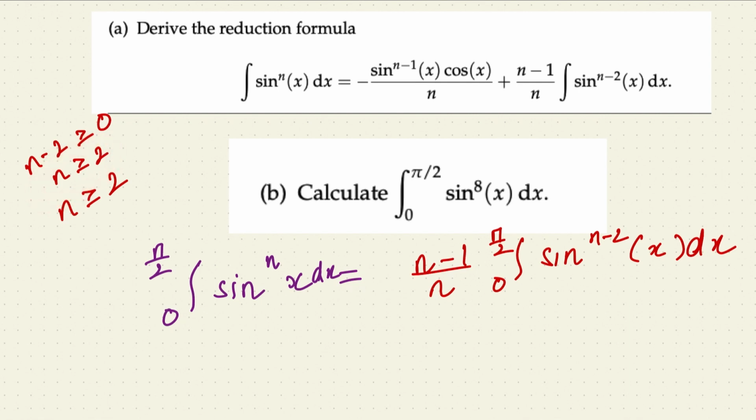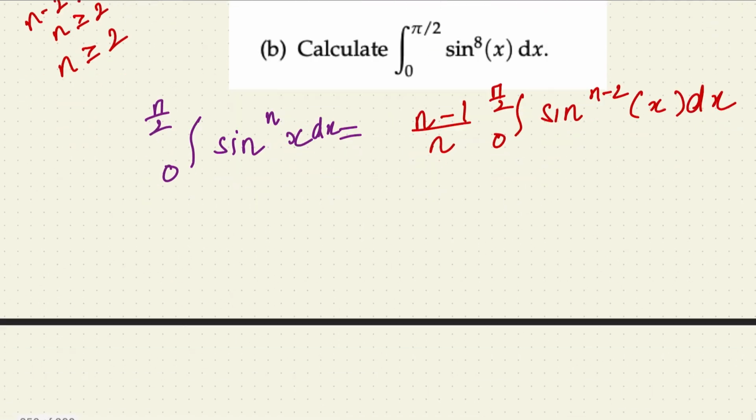So these two observations were very important in order to solve this integral over here. And both of the conditions are satisfied, right? In this case, our n is equal to 8, which is greater than or equal to 2. And we are also calculating the definite integral from x equals 0 to x equals pi by 2. So the question is the integral from 0 to pi by 2 of sine to the power 8x